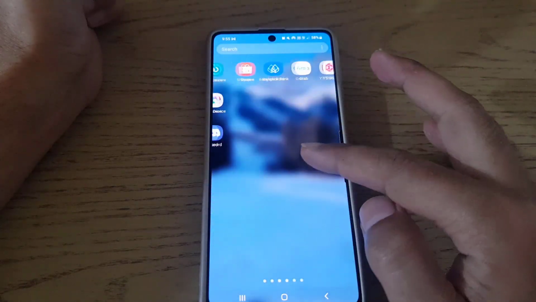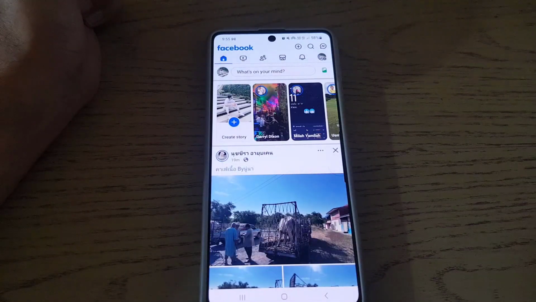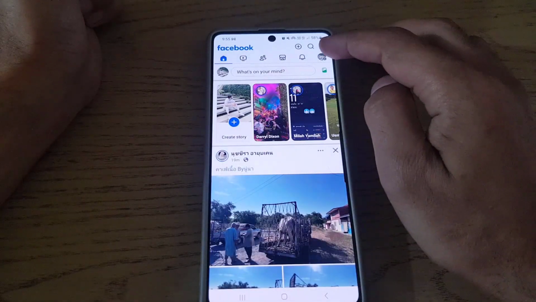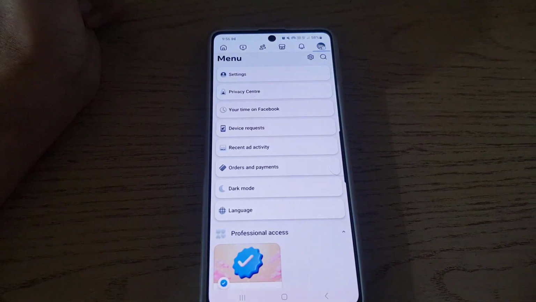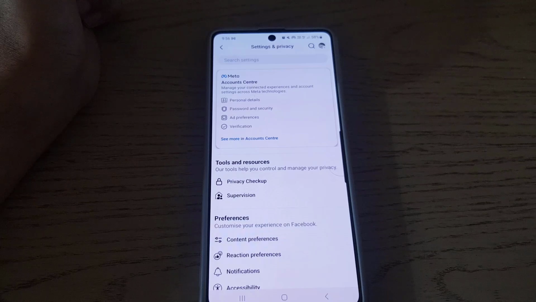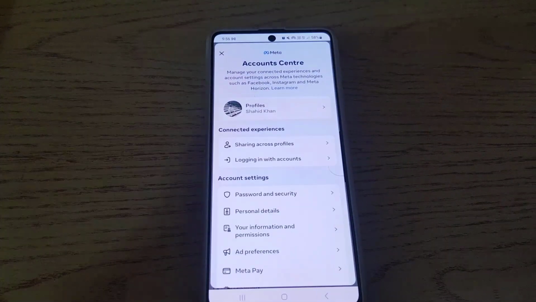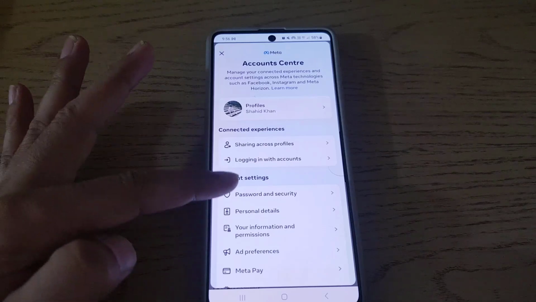So the first thing you need to do is to open your Facebook application on your device. Once you do so, the next thing you need to do is to tap on your profile. From there, you need to tap on settings. So once you tap on settings, it will bring you to account center. You need to tap on account center. From there, you need to tap on